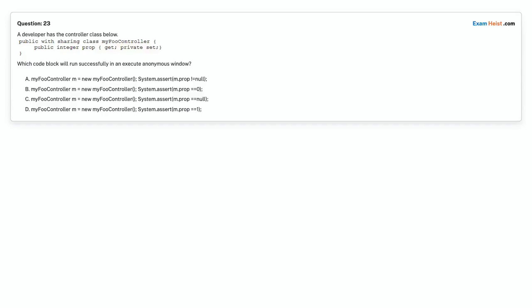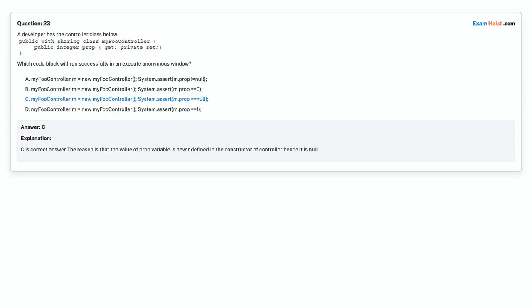Option C. myFooController m = new myFooController(); System.assert(m.prop == null); Option D. myFooController m = new myFooController(); System.assert(m.prop == 1); Choose the correct answer. Correct answer is option C. myFooController m = new myFooController(); System.assert(m.prop == null);